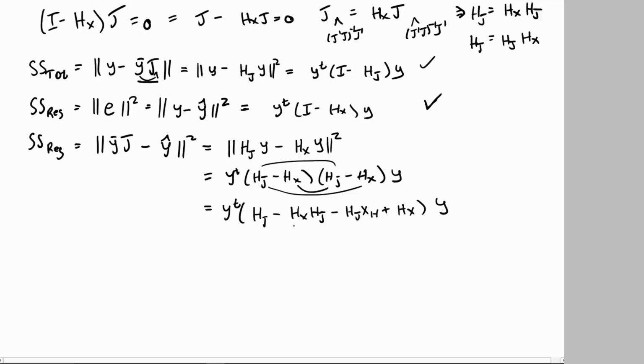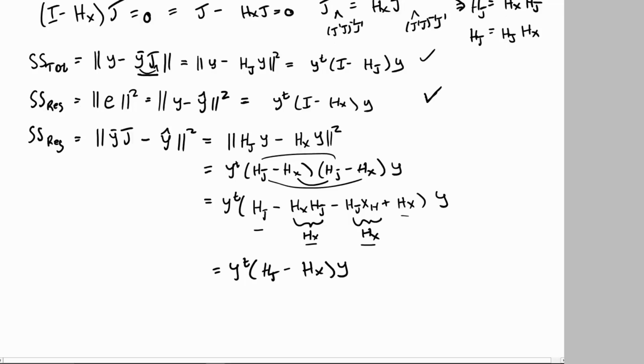Okay, so this quantity right here is h of x. This quantity right here is h of x. So we get hj minus 1 h of x minus another h of x plus 1 h of x. So we get that y transpose is hj minus h of x times y. Now,